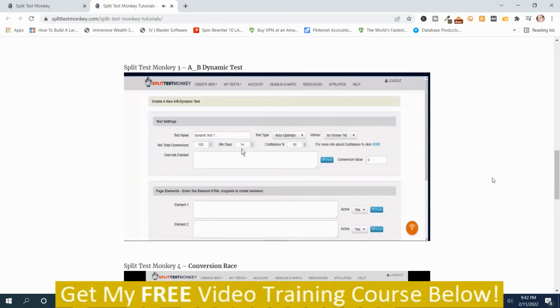The minimum days, we recommend no less than 7, but ideally 14 or more in multiples of 7 days. You do need to rule out seasonality and test for full weeks. For example, if you start the test on Monday, then you do need to end it on Monday as well, because conversion rates can vary greatly depending on the day of the week or the time of the year due